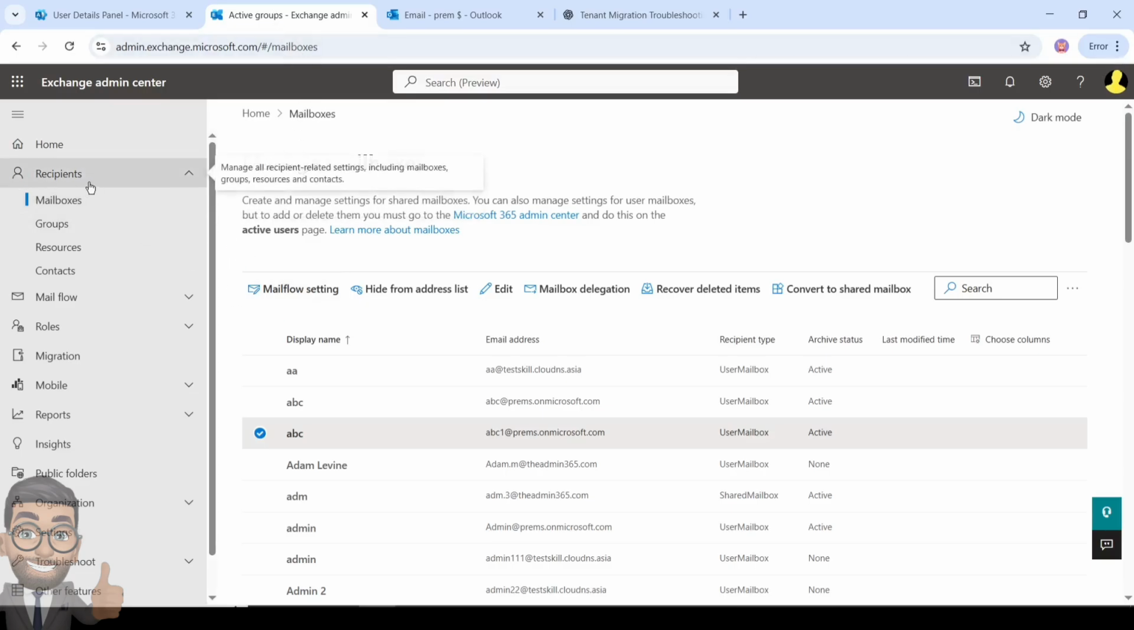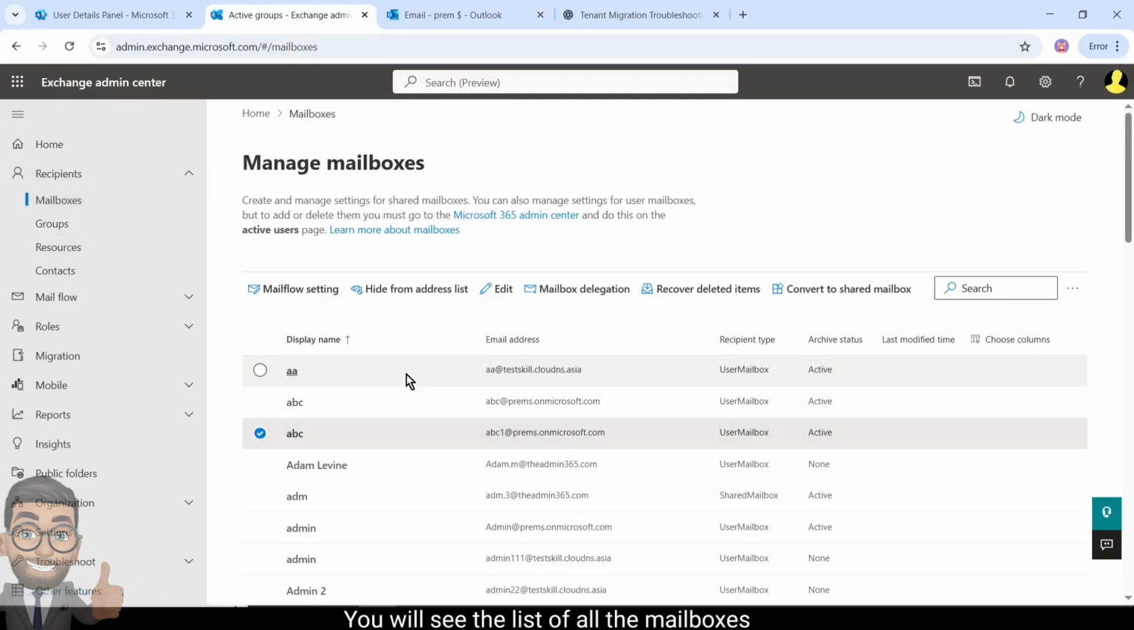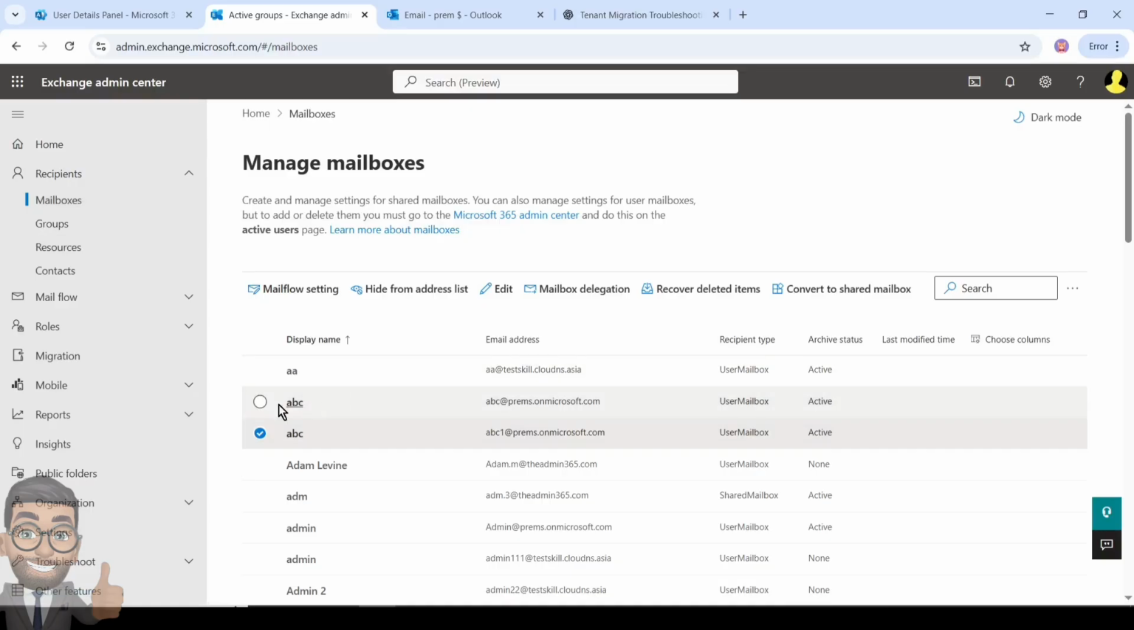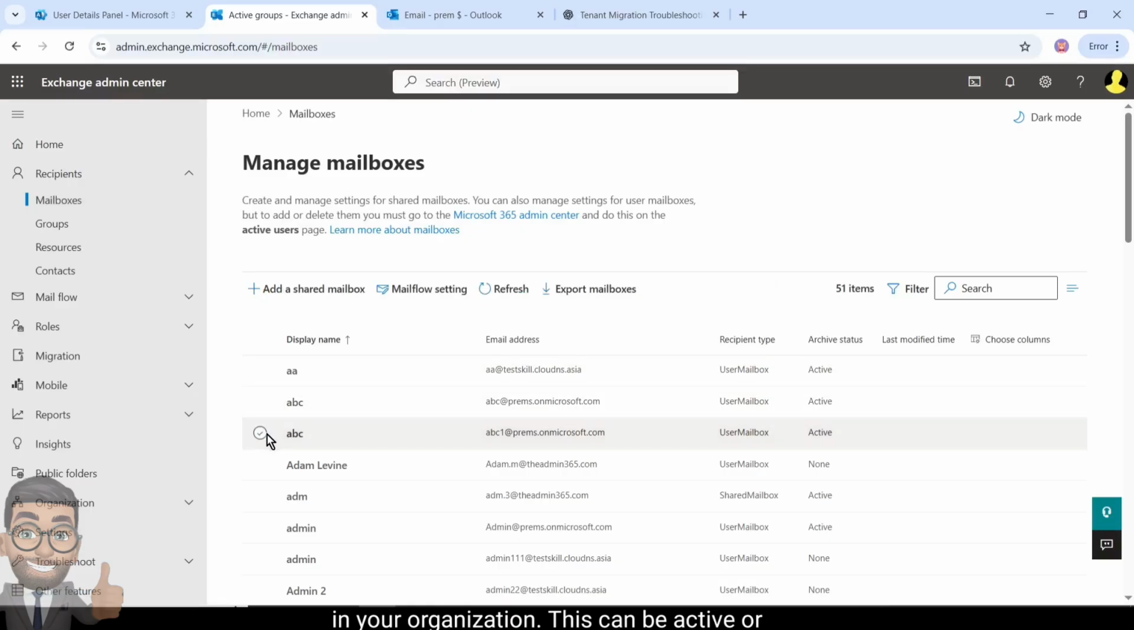Under Recipients and Mailboxes, you will see the list of all the mailboxes which you have in your organization. This can be active or inactive. It will still show up here if it has a license assigned to the account. For example, if I wish to hide this particular mailbox from the GAL so that the user does not see it and send emails, I simply have to click on this,